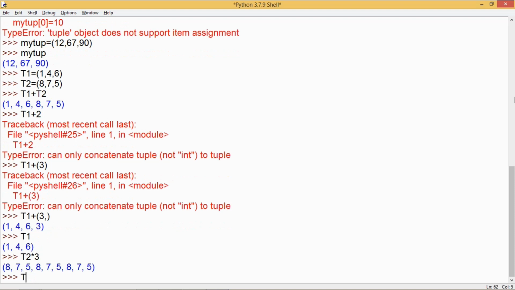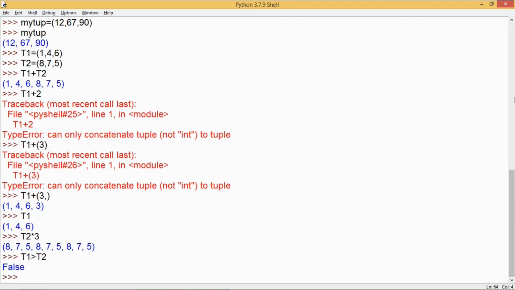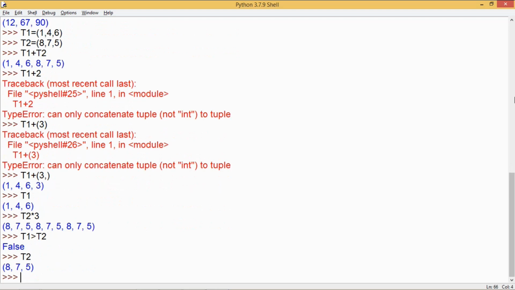Next is the use of relational operators, T1 greater than T2. This compares the elements one by one. So T1 has elements 1, 4 and 6 whereas T2 has the elements 8, 7 and 5. So the first element of T1 is compared with the first element of T2. Because 1 is not greater than 8, the condition becomes false in the first place itself and the false value